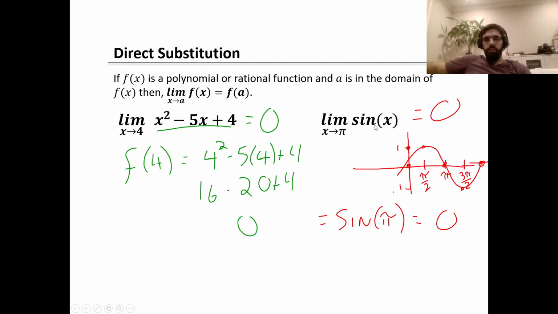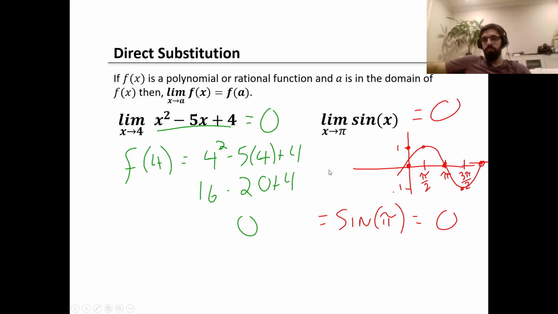The next example, the limit as x approaches pi of sine of x. Now, we'll use what we know about trig here. We can sketch a graph of what sine of x looks like. So sine of 0 is 0, and sine of pi over 2 goes up to 1, and then sine of pi goes back to 0, sine of 3 pi over 2 goes to negative 1, and sine of 2 pi will go back to 0, and we just repeat this wave as we continue in intervals of pi over 2